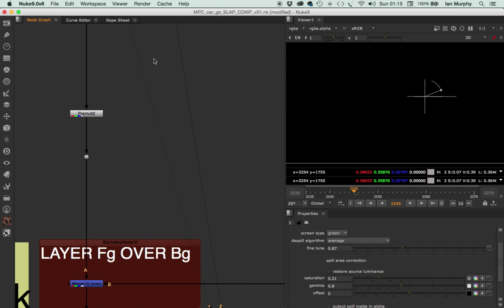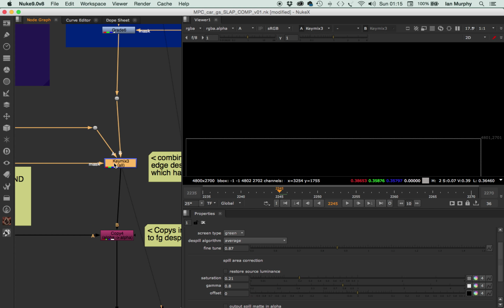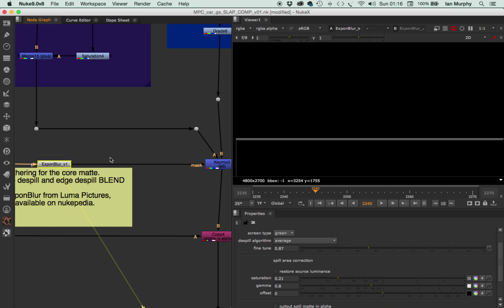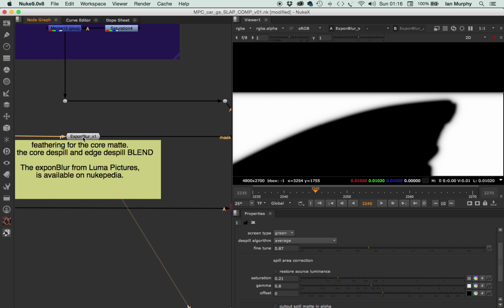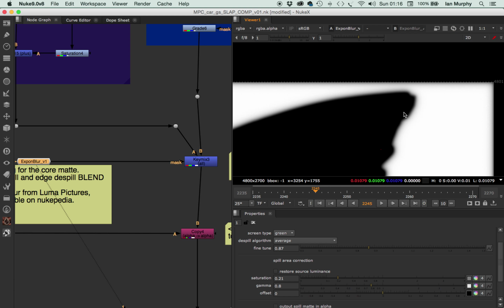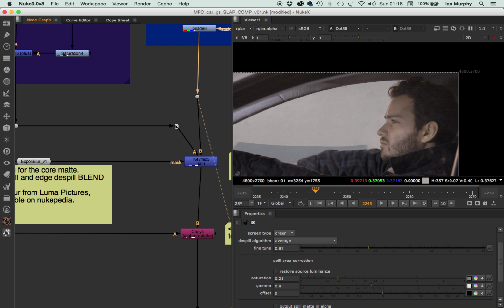Let me just do one thing and put the viewer back to regular single view. There we go. So the key mix is important. What's giving me the ability to put the core over the edge despill is this mask here, which is coming from all the matting work that we'll get into next. All this feeds through here, and that allows me to feather inwards, inside the mask shape, so that where there's white gives me the A always. It's just the way the key mix works. So A is there over B, which ends up being the edges. So I have this over this through this,